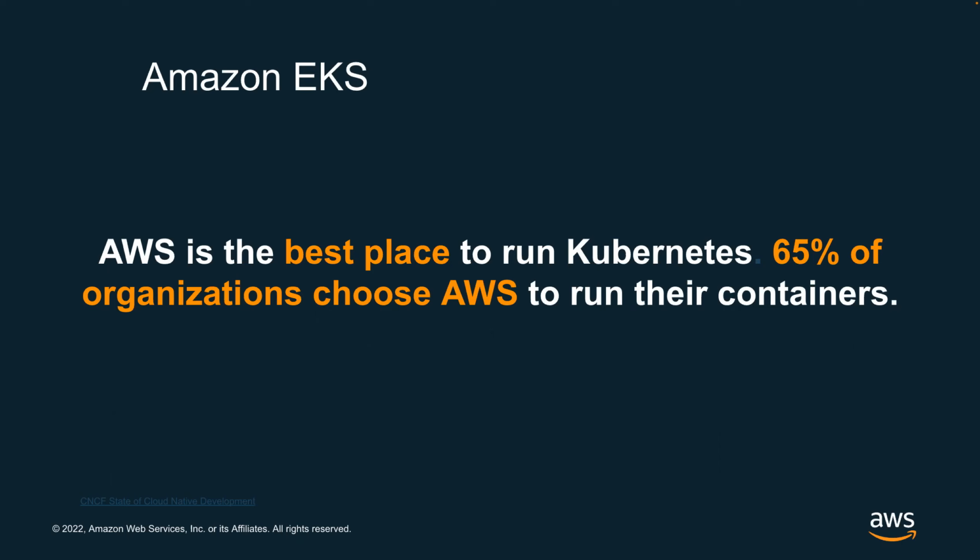Organizations can also choose to run their EKS using AWS Fargate, which is a serverless compute engine for containers. With Fargate, there is no longer a need to provision and manage servers. In EKS, for example, you still have to identify a cluster and a set of nodes. With Fargate, it's completely touchless, where you don't have to provision and manage the servers. Organizations can simply pay for the resources they're using per application. And Fargate does the isolation by design for improved security. And of course, as part of the AWS landscape, EKS really integrates with a variety of AWS services.